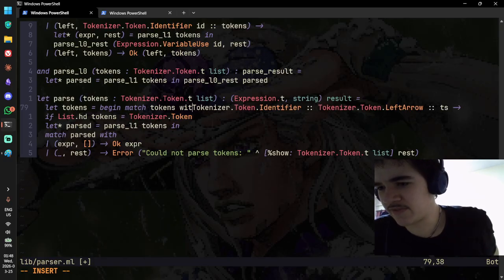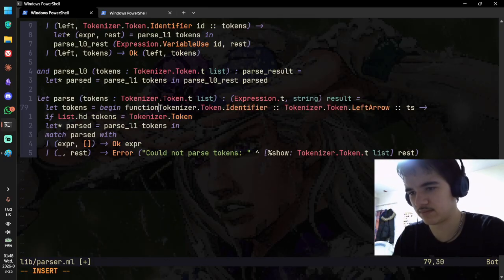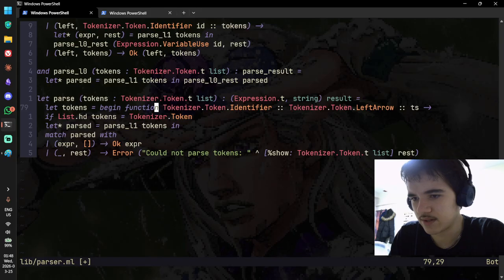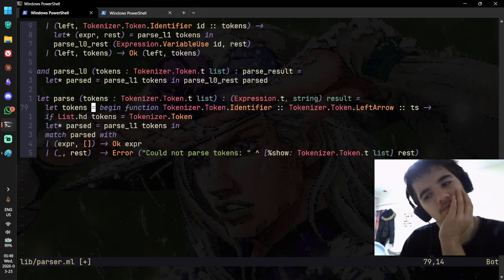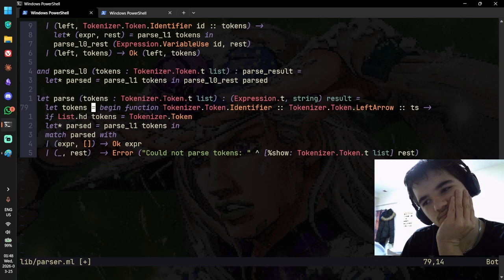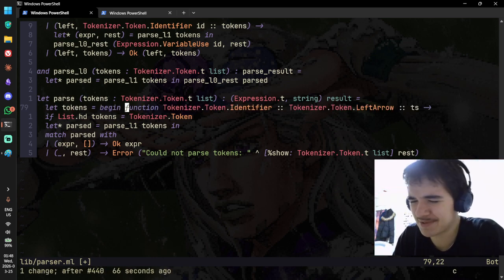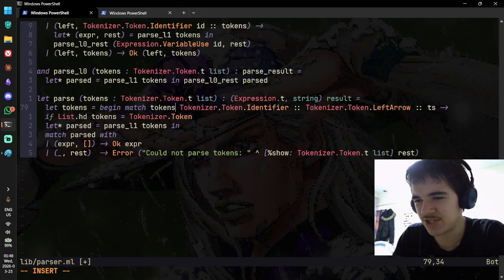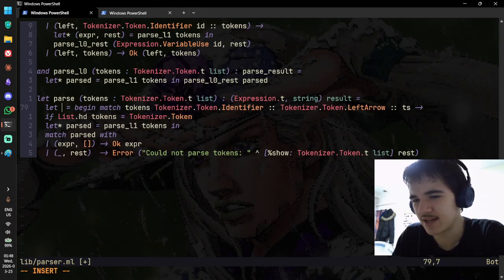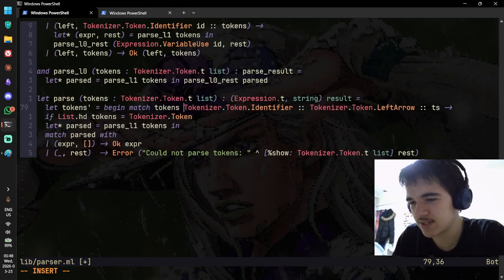Actually, in that case I should be able to do function. What the hell? God, I was so confused. Match tokens. Oh, because this is the same name. So do tokens prime, whatever. So match tokens with